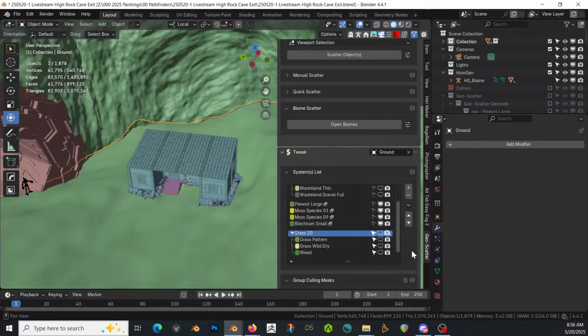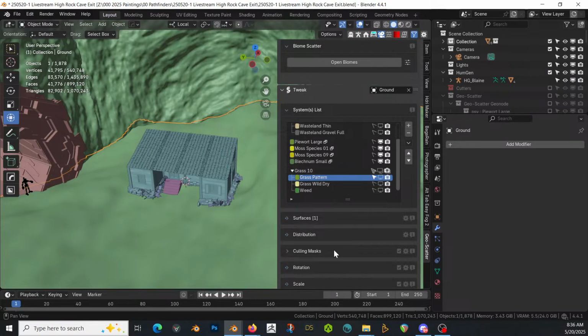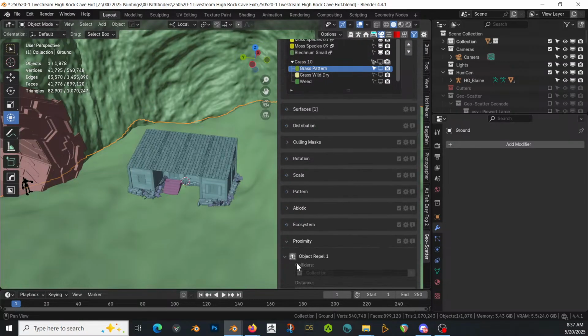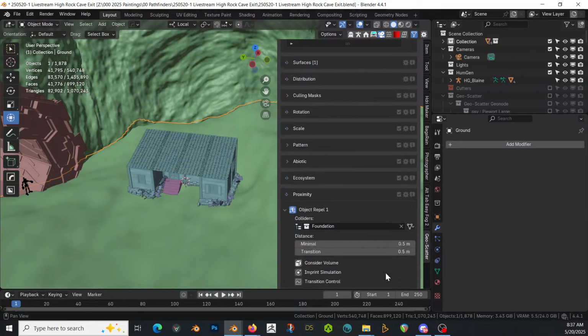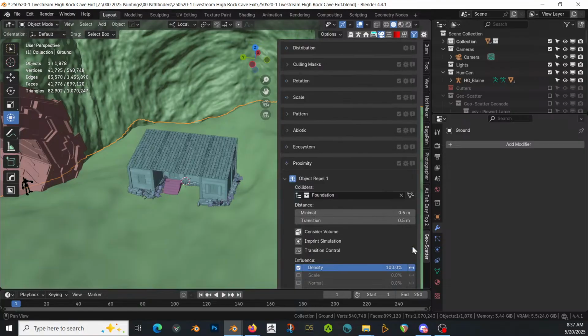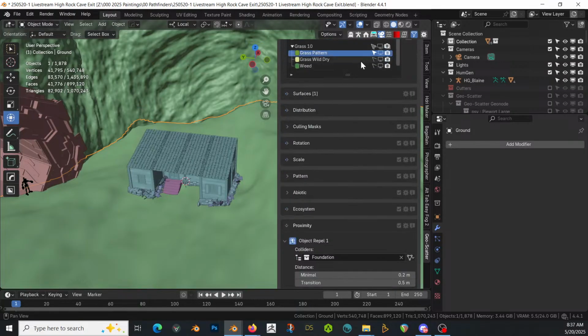And we want it to be pattern, proximity, repel, foundation, invert, minimum of 0.2, grass wild and dry,